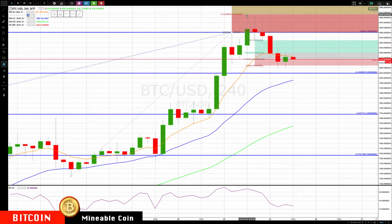Bitcoin running up to our next level. We had 85.05, and we said to focus on the 8,500, right in this round number. It hit 85.02 and then pulled back. This actually formed a double top, also with a divergence pattern. So we had a higher high in price, slightly lower high in the RSI, and then if I drop to